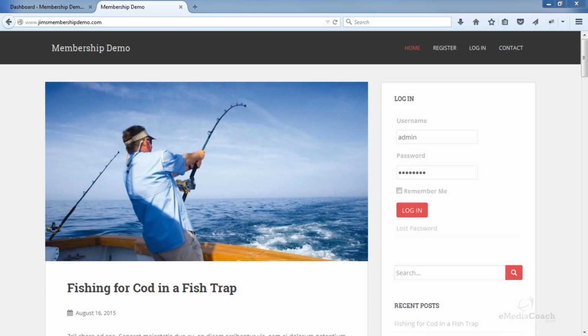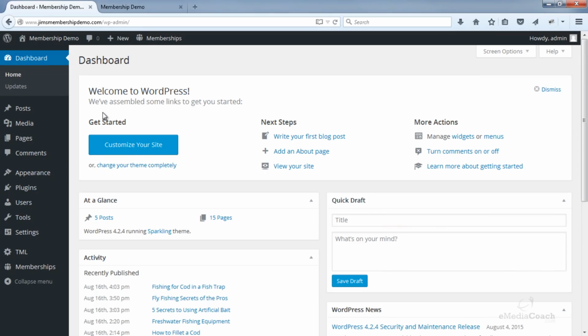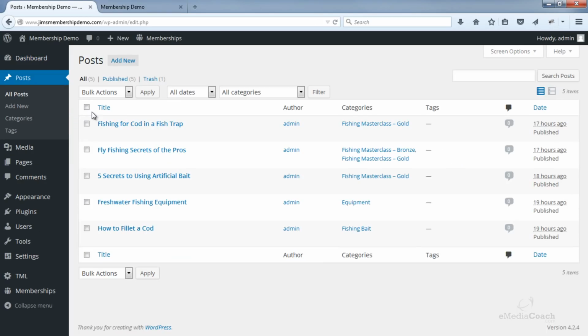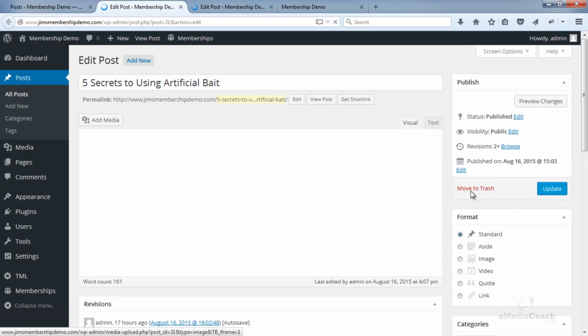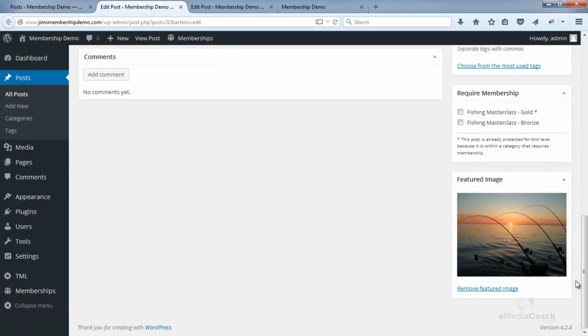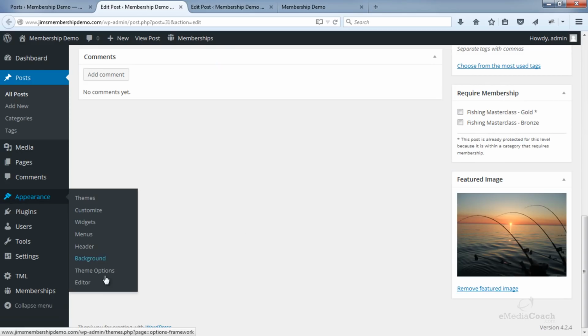Now we will go ahead and add an image slider on our homepage. So back into the dashboard, the first thing that you should know is that the image slider is actually based on the featured image that you add to your posts. So as a reminder, this is your featured image down here. Your image slider will pick up the images in your featured image and display that on the home page. And the way to activate that is, first go into Appearance and the Theme options.